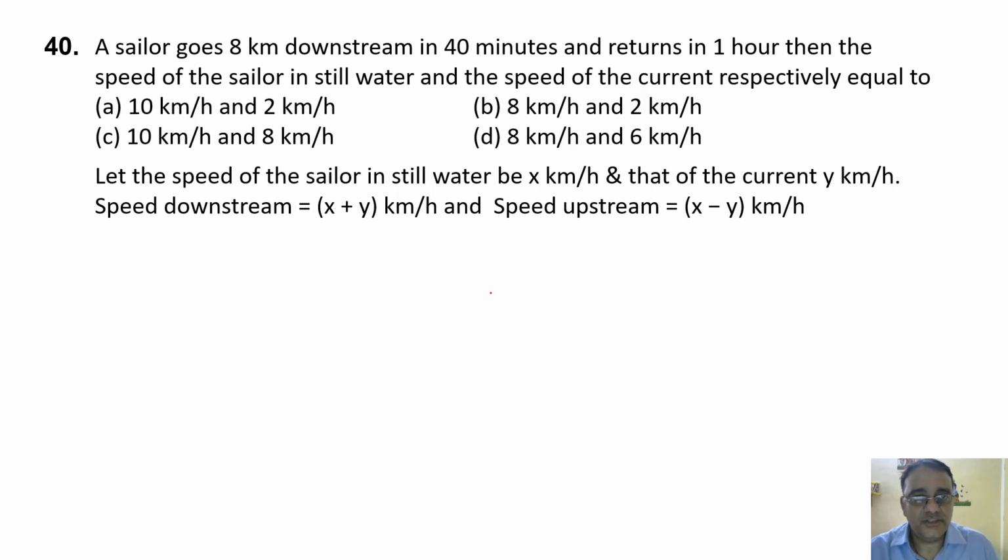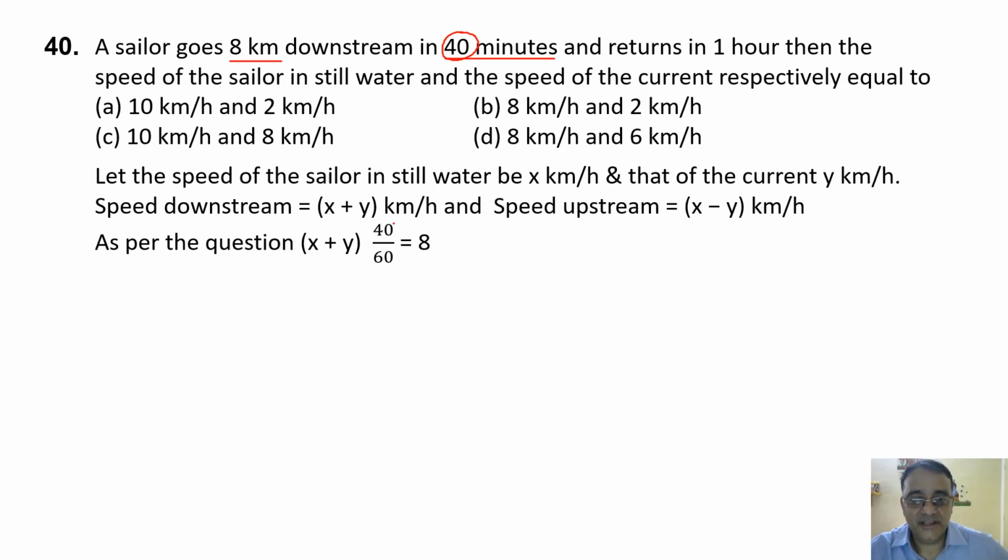Very good. Downstream, see, the distance is given 8 kilometer. Okay, and the time is given 40 minutes. Right, and we know that distance is equals to speed into time. Correct. And distance is given 8 kilometer. बट स्पीड जो दिया है वो 40 मिनट्स दिया है, तो इसका रेशियो क्या होगा 40/60. वी हैव टू टेक 40/60. दिस इज क्लियर? Yes, sir.